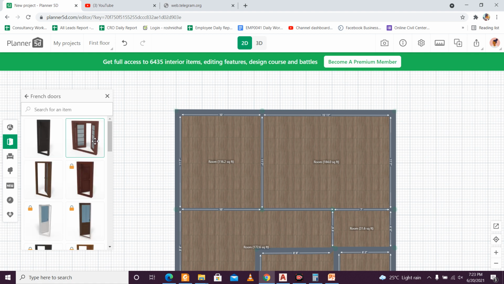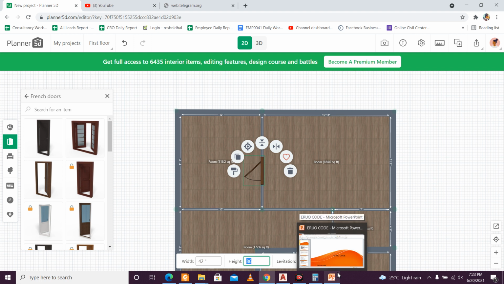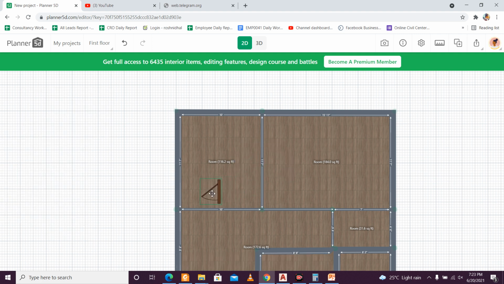So let me take, let's say this one looks good. So this door I'll just select. I want a door here for the kitchen. I want a door of 7 feet height, because 7 feet we are generally taking as the plinth lintel level. So 7 into 12, which means 84. So I'll just go 84 here for the height, and the width I want as 3 feet. So 3 into 12, I want 36. So I can even go with 36 here, and after that I'll just place my door here like this,